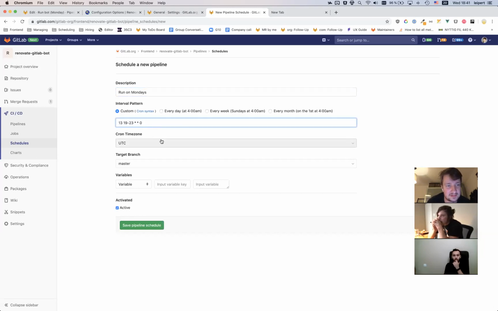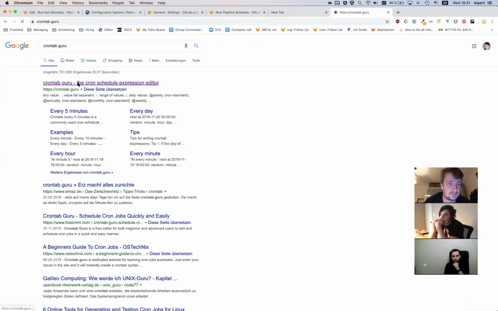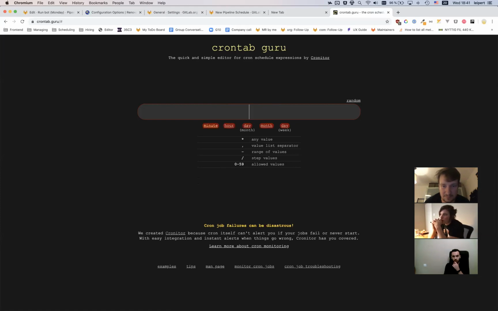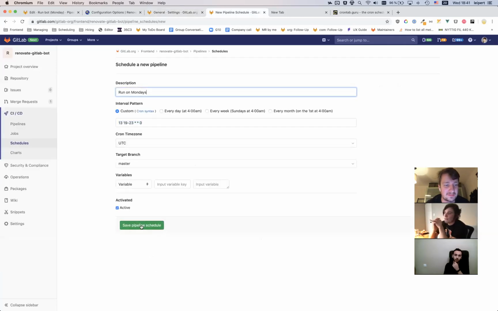So this is like, I don't know what this pattern actually says. Whoa, this is a really cool website that translates cron into a real thing. Yeah, and so this runs it on the 13th minute. I don't like to use minute 0 because it might lead to overloading stuff. We had it in the past. I think GitLab works around it by basically ignoring the minute and just scheduling it. And you can just schedule stuff hourly in GitLab CI. And this is just UTC working hours of APEC basically on a Sunday, which would be the Monday of the people in APEC, right? So run on Mondays, active,